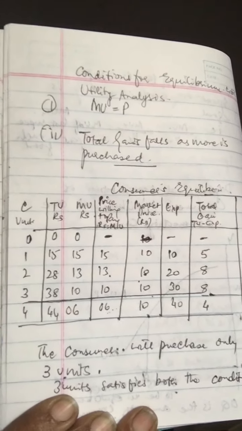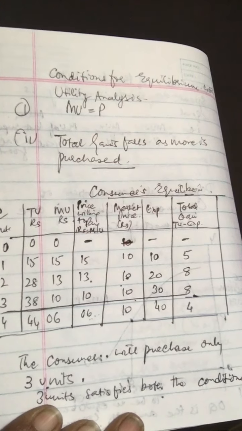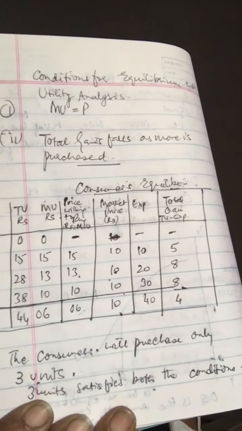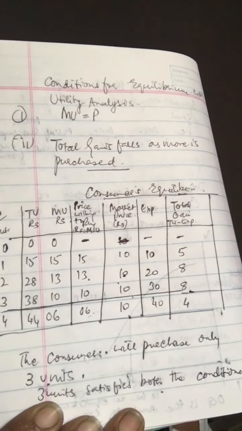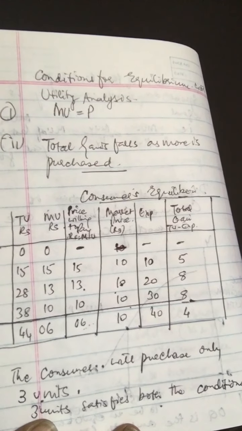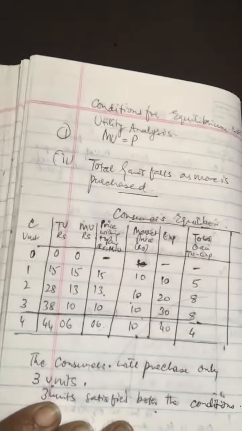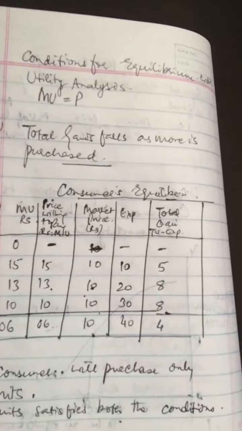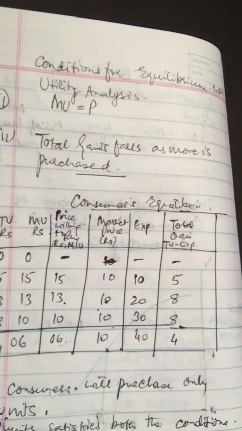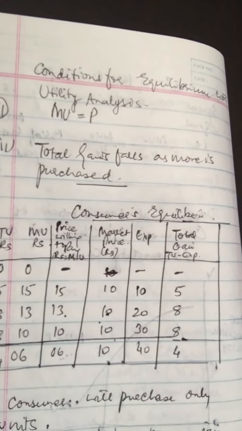So if he also buys a fourth unit, the total gain would be less. Gain from the fourth unit is negative, that is minus 4, equal to 6 minus 10. So the total gain from 4 units is rupees 4. That means 5 plus 3 plus 0 minus 4. So the consumer maximizes his gain only when he buys only 3 units. So let us conclude. In conclusion, we can say that in a single commodity case, a consumer makes purchases only up to the point where the utility of the last unit is equal to the price of that unit.